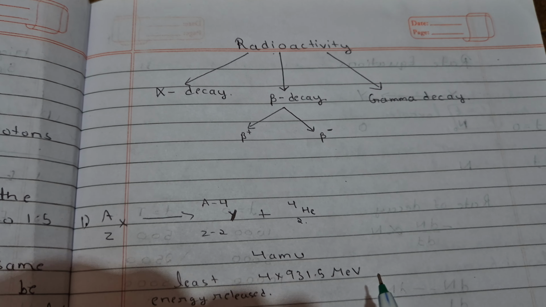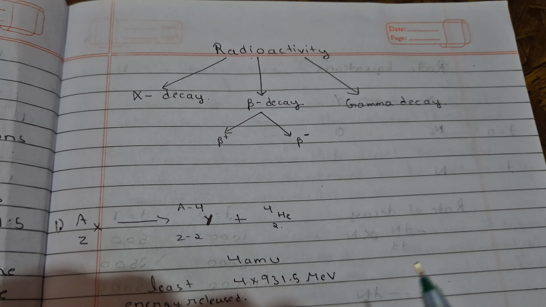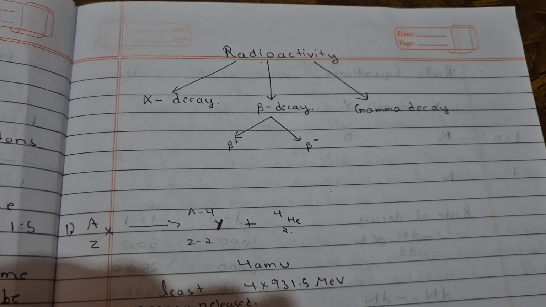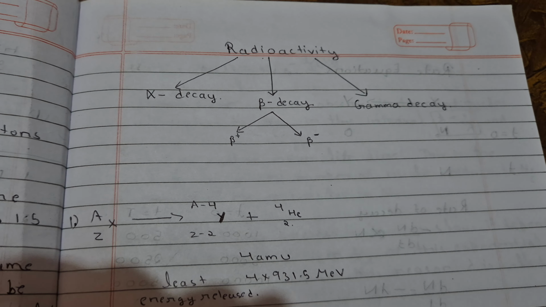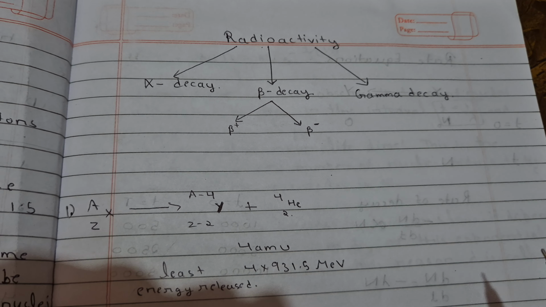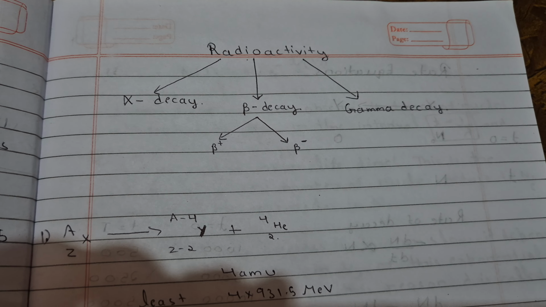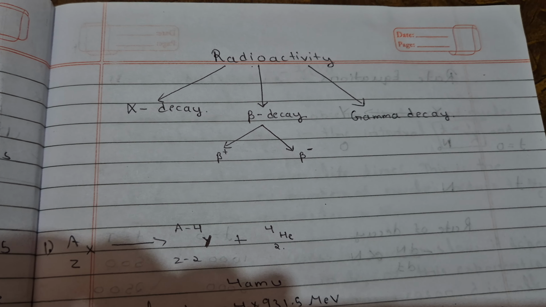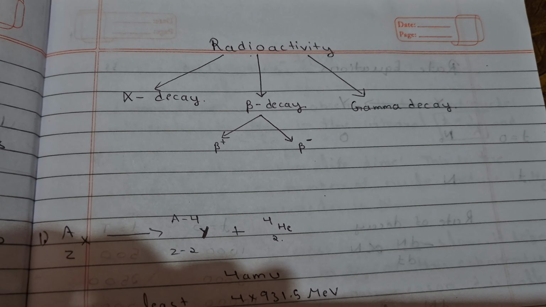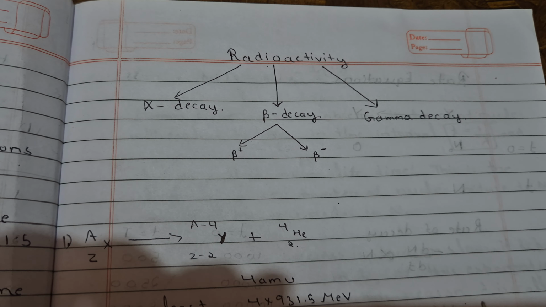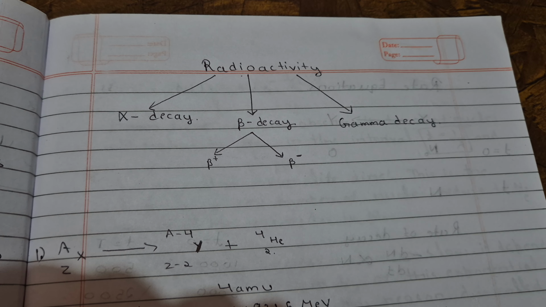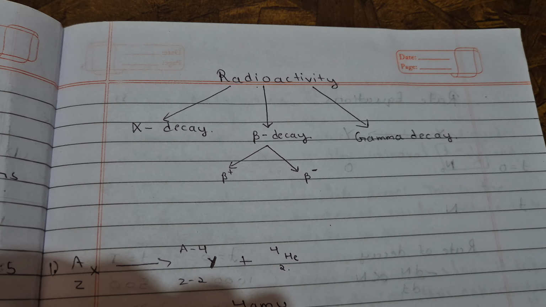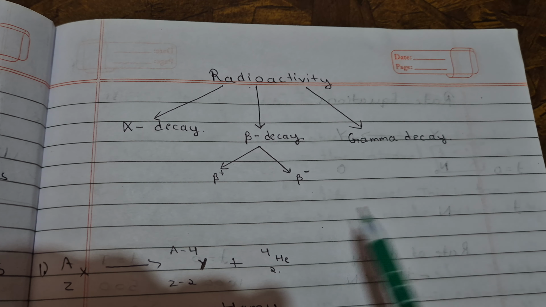Sometimes a nucleus is in a very excited state or has extra energy, and that makes it unstable, and also its binding energy becomes negative, and that's why it wants to lose that energy. There are multiple ways by which it can lose it. When there is a very high amount of extra energy, then it goes to fission, and the fission process does not come under radioactivity.